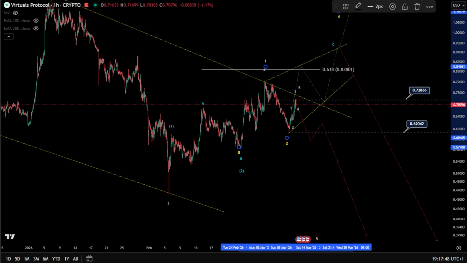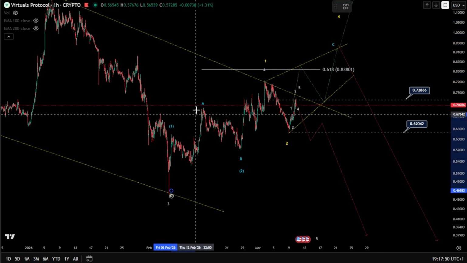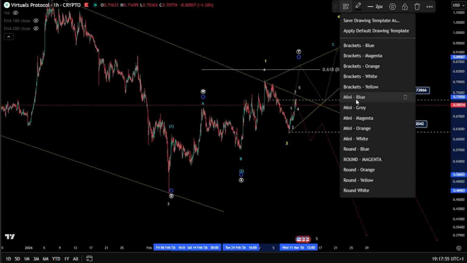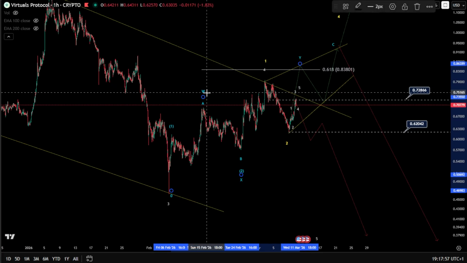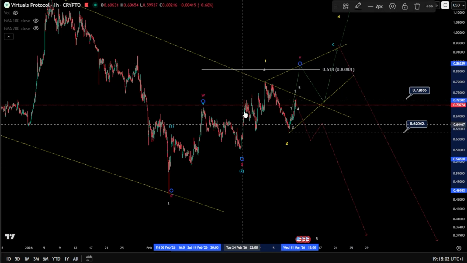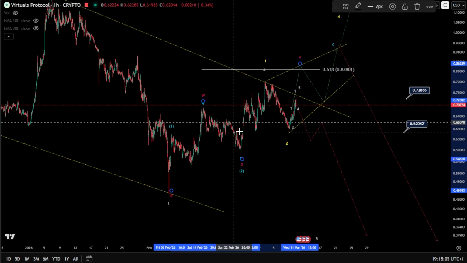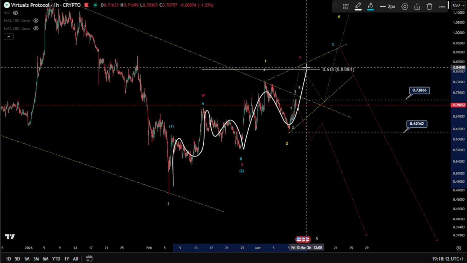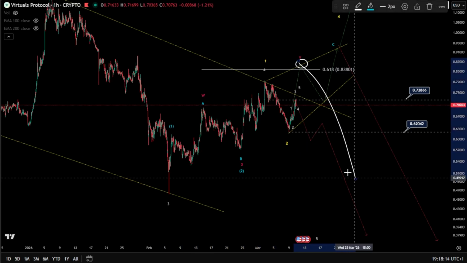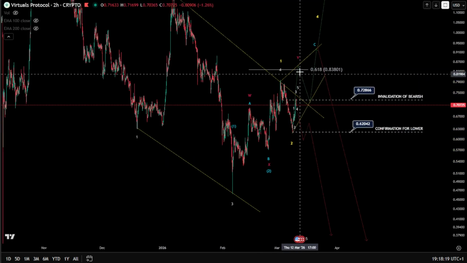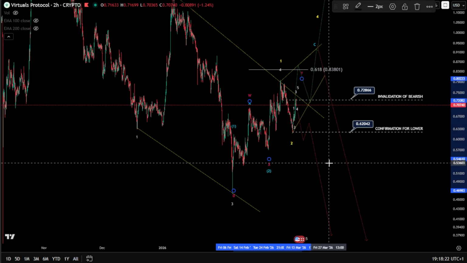Now WXY is also a possibility, WXY meaning simply a zigzag that might be unfolding until here. So be careful with this one as well. This is a very high probability because of the complexity again over there with the 3 waves. Also here, I don't like it. It looks very complex, guys. So 3 waves, 3 waves, 3 waves potentially. Also, we have to be careful that it might drop down again. I would say the wave Y is not necessarily even a zigzag here.